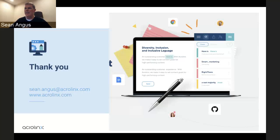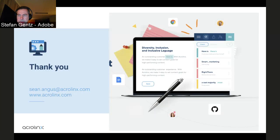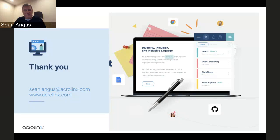And Jet has, we don't use AEM, but could the analytics report side of Acrolinx be run on any website of generated HTML content? Could we combine Acrolinx Analytics with Google Analytics, for example? Very different things. Yep, absolutely. Yes to all the above. Something that I did not show